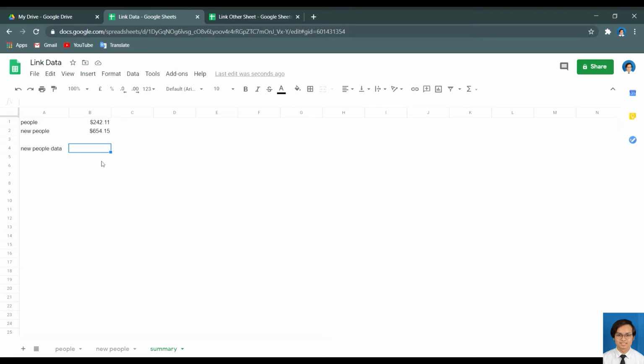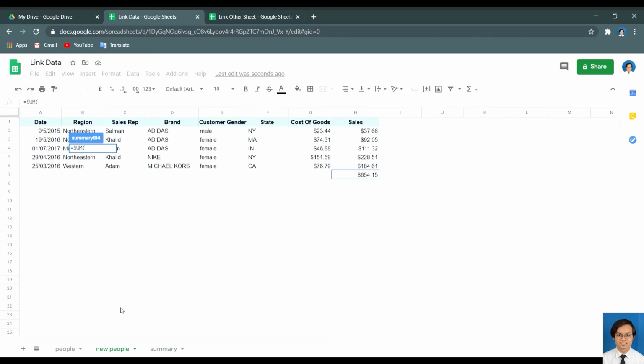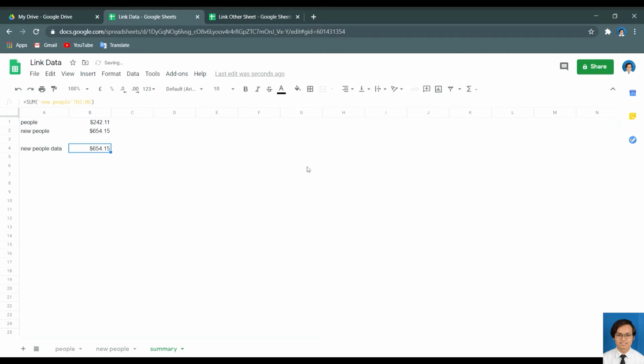I will put an equal sign, sum formula, open bracket, and I will click new people, and I will drag this until H6, close bracket, enter, and I will get the whole total data for new